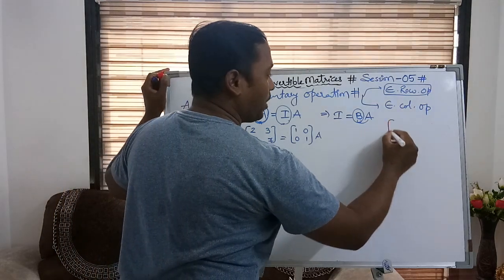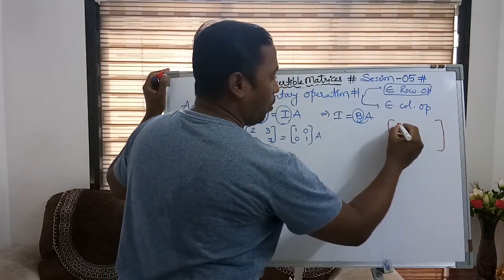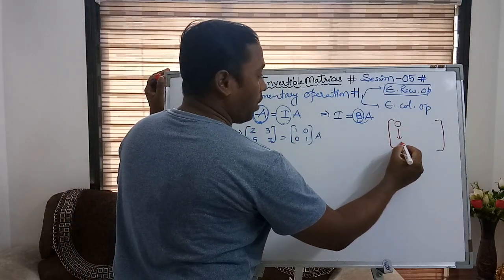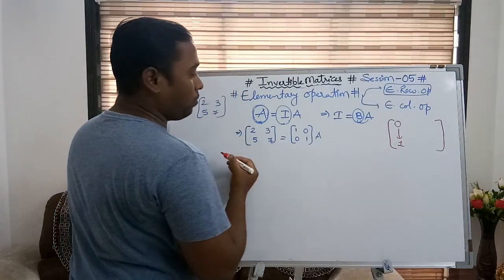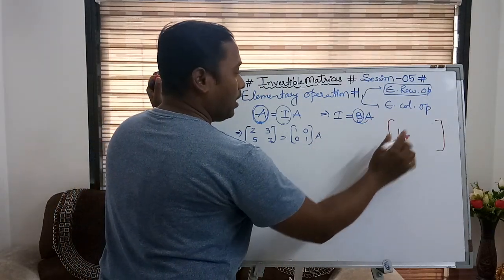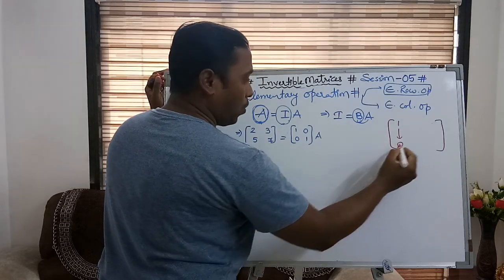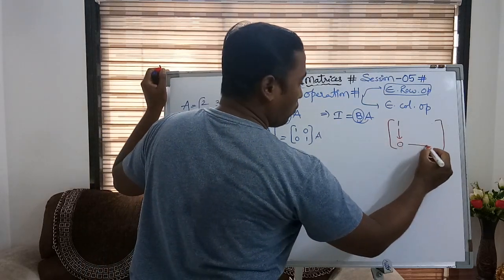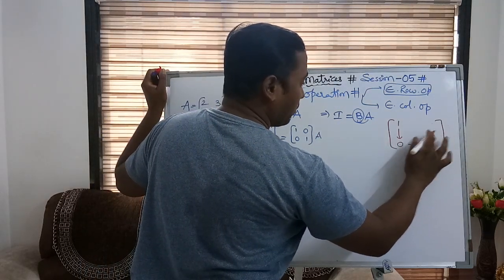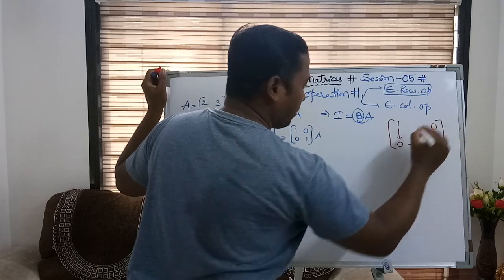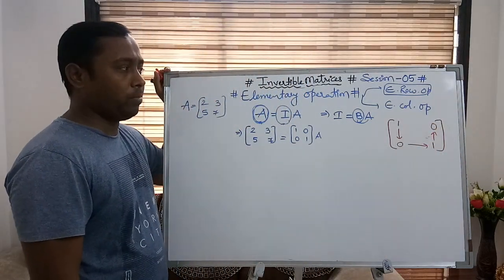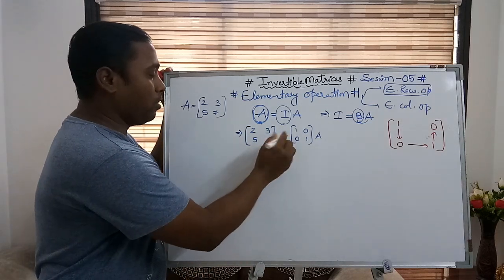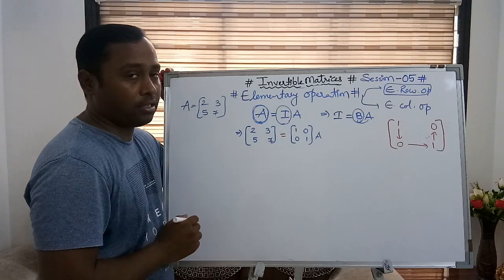So I am just drawing what we require: first we require 1 here, then 0, then 0, and then 1 here. So this is the way to move. You may be a little bit confused, but it's okay. Just do practice, and by practicing you will definitely get the process.